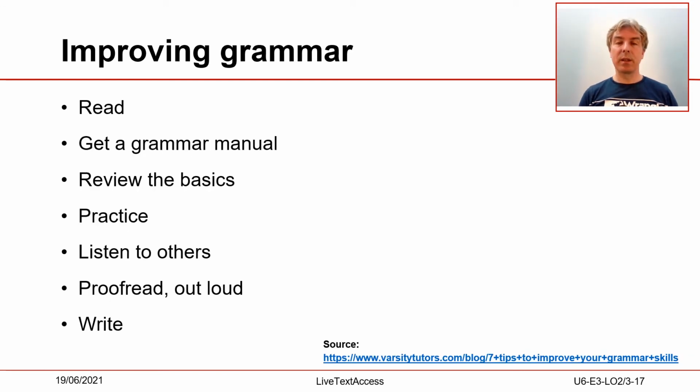Grammar is a subject that stresses many students out, as it can be quite confusing and complicated. However, correct grammar is important for your writing and success, both as a student and as a future employee. It is thus crucial to know some simple methods to improve your grammar skills. Here are 7 basic tips to try. Even though these tips are aimed at the English language, the tips can also be applied to other languages.